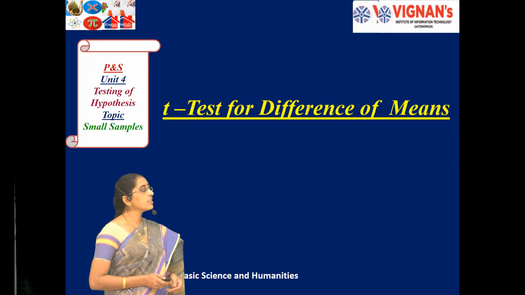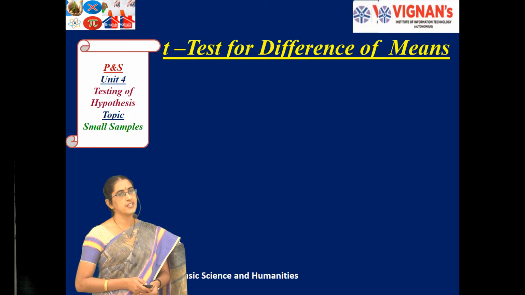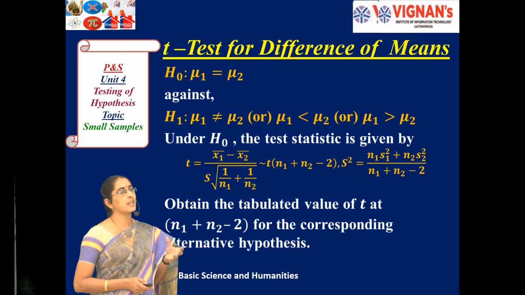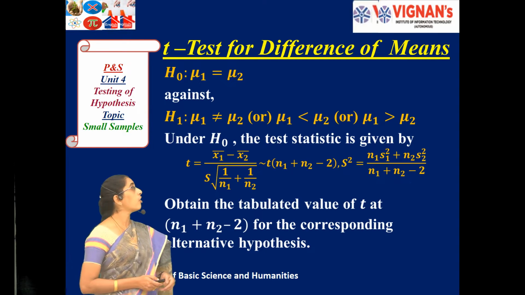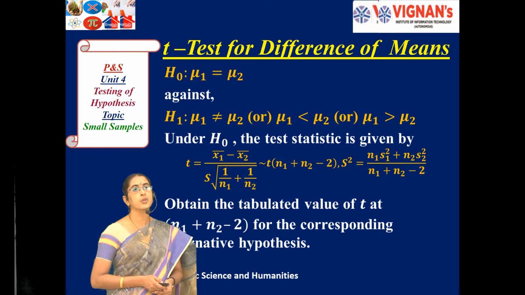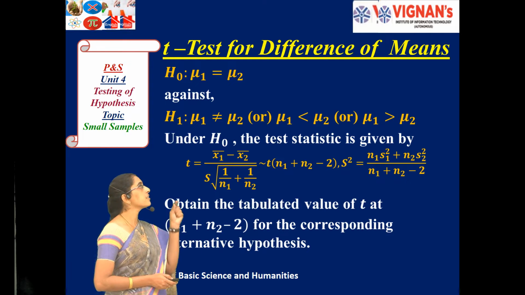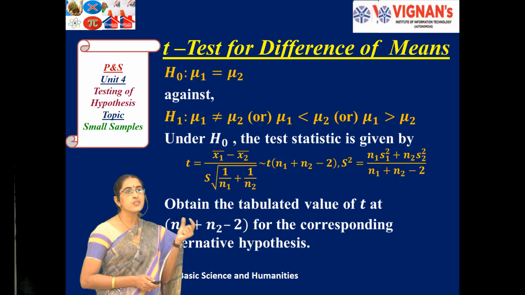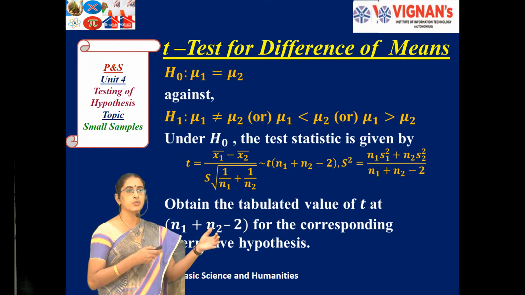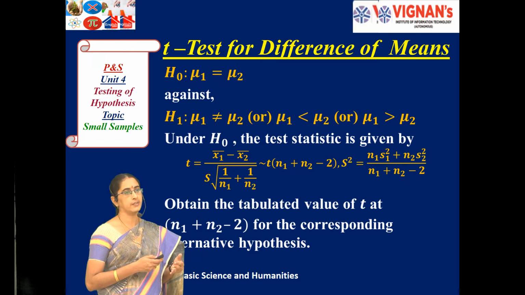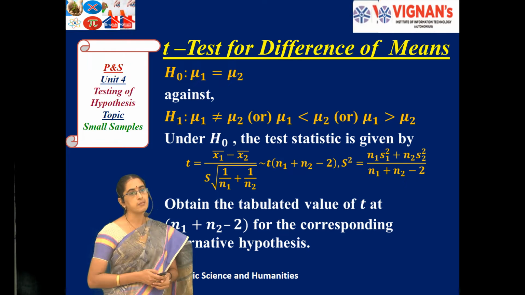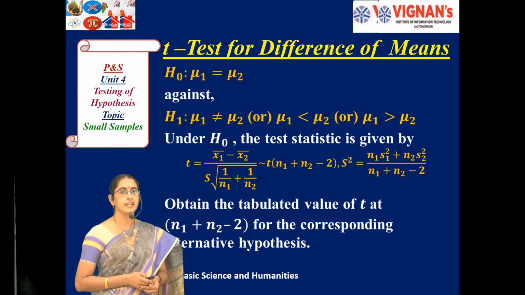Then the next one is the t-test for difference of means. That means for the same branch, when we are talking about two different sections of the same branch, obviously the null hypothesis will be mu1 equal to mu2. That means there is no significant difference between the average performance of those two sections, meaning those two sections are equal. Then again, as an alternative, it can be two-tailed or one-tailed, that means either less than or